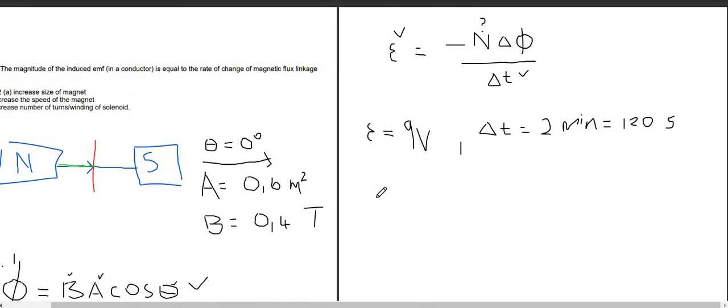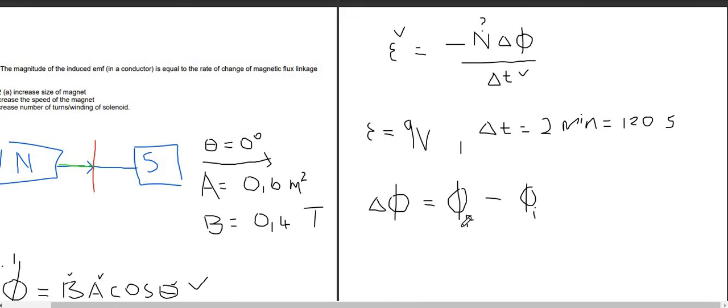So if I'm saying the change in the magnetic flux linkage, it's going to be the magnetic flux after the area has been halved from 0.6 to 0.3. So I'm just going to say it's the final magnetic flux, right? The change is always the final minus the initial, so minus the magnetic flux before